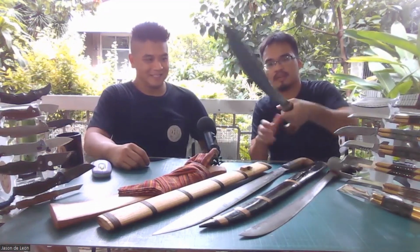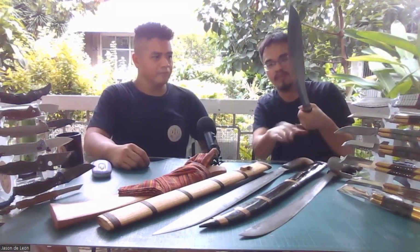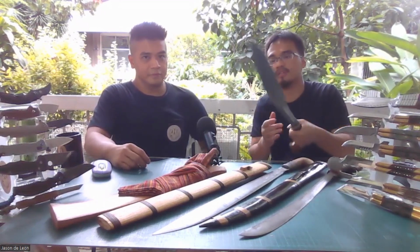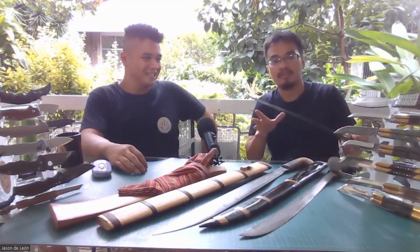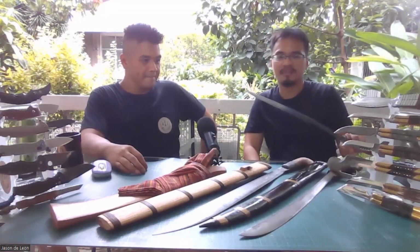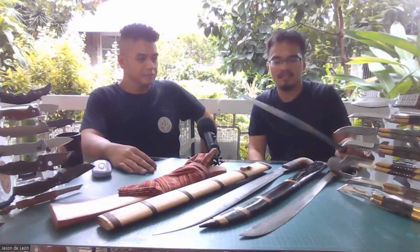The weight distribution of this one is very different from Luzon and Visayas. That's why the Bangsamoro people, they have their own fighting art when it comes to using their own fighting blades. It's not FMA. That needs to be very clear. I know na may mga arguments minsan na parang nasa Pilipinas naman yan, so FMA pa rin yan. But no, not necessarily because